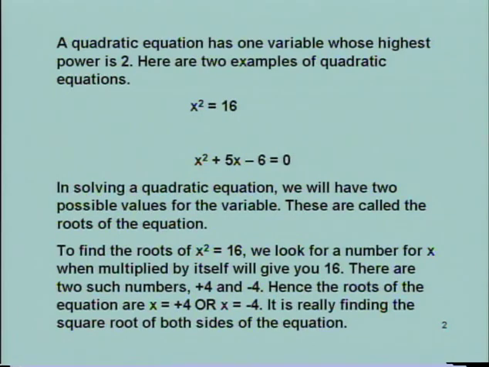In solving a quadratic equation, we will have two possible values for the variable. These are called the roots of the equation. To find the roots of x squared is equal to 16, we look for a number x which, when multiplied by itself, will give you 16. There are two such numbers, plus 4 and minus 4. Hence, the roots of the equation are